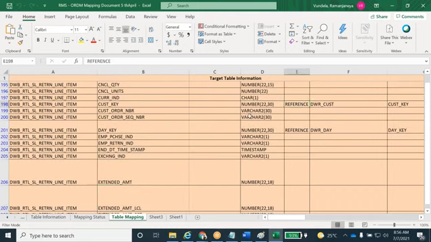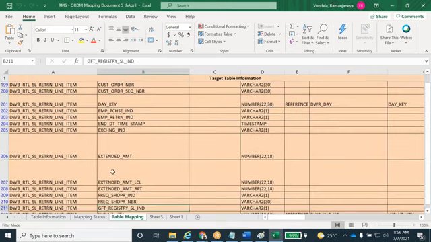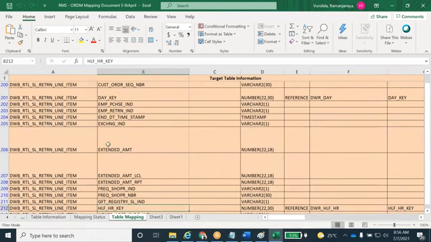You can see the reference keys, cust key, the referential or parent keys, and date key. The extended amount is, for example, when we give some exchange and have to pay some amount. Those kinds of things they capture here.